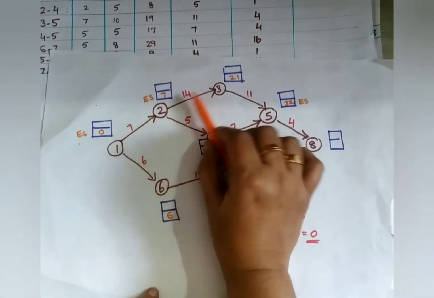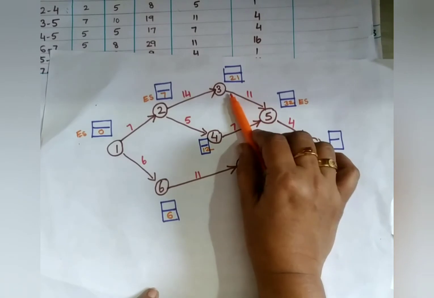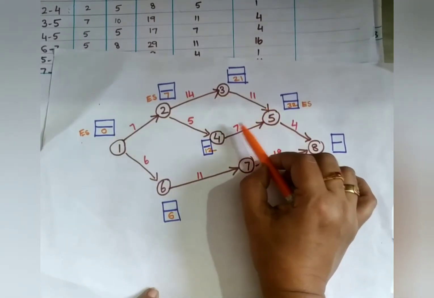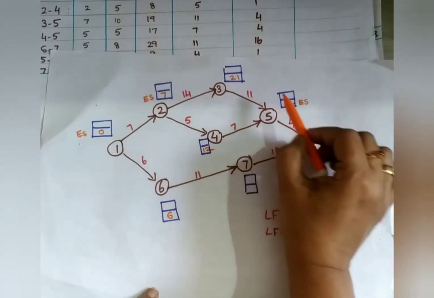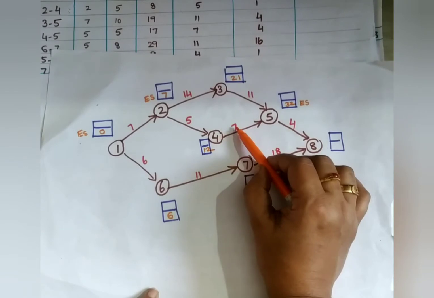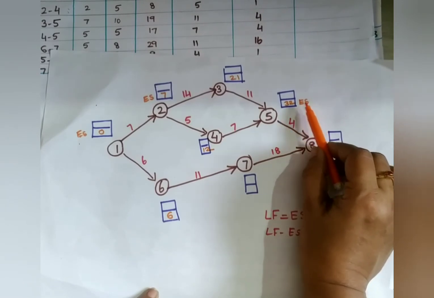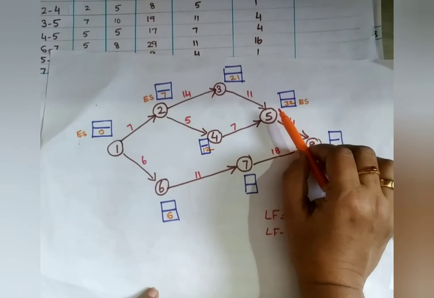Normally, for example here to here, only one path is there, so no need of any confusion. But here you can see 2 paths are coming and joining. That means 2 ways are here. So in this case, you have to take the maximum. 21 plus 11 is 32, and here it is 12 plus 7, 19. Which is the highest? This is the highest. So you have to take the early start time as 32. Okay, so now 4 to 5 is over.